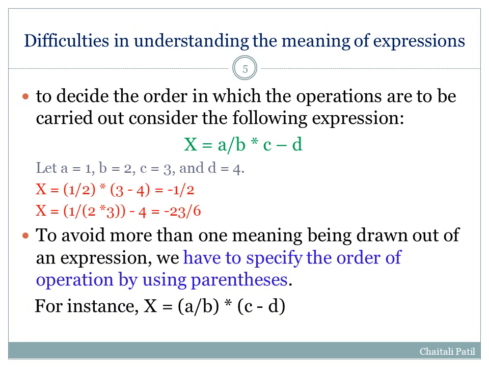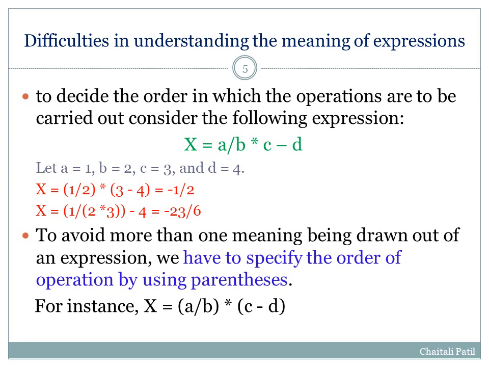So, what are the different difficulties that arise in converting any arithmetic expression into a machine-level instruction? First, we have to decide the order in which the operations are to be carried out. For example, consider this example. X is equal to A divided by B multiplied by C minus D, where let A is equal to 1, B is equal to 2, C is equal to 3 and D is equal to 4. If we evaluate this expression,